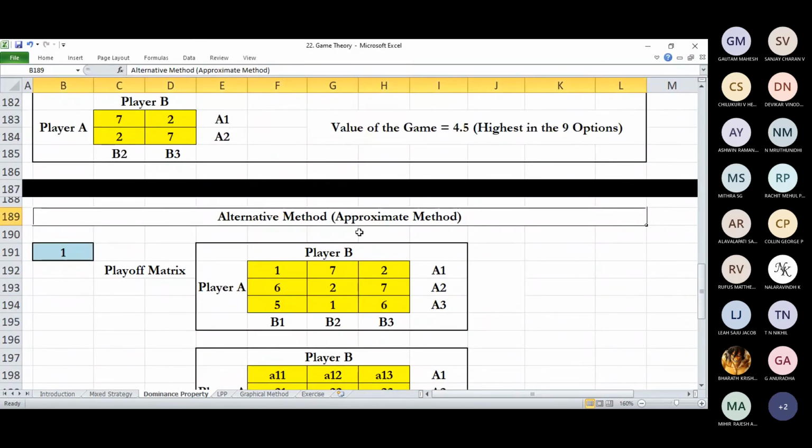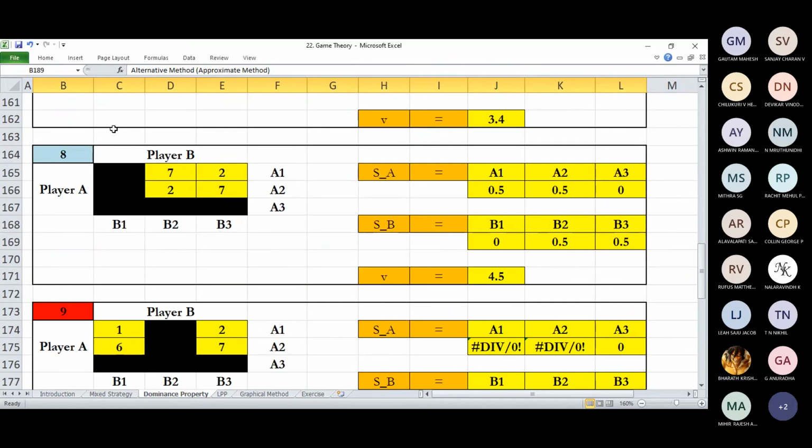If you want something accurate, then you have to list down all the other possibilities and find out the value of the game for all the options. But that is very cumbersome for a large matrix. Like 3 by 3 has 9 options. You can take 5 by 5 or 10 by 10 matrices, then there are a lot of 2 by 2 matrices. Then you can do that with computers.